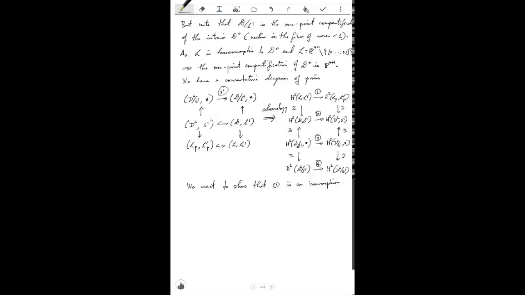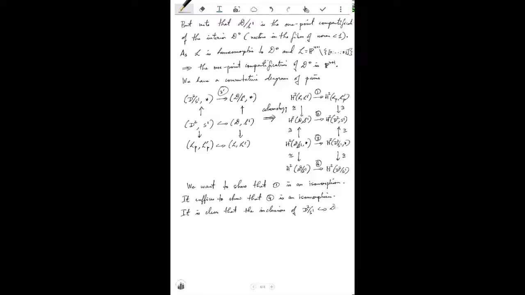So it suffices to show that 4 is an isomorphism. So it is clear that the inclusion of T2 mod S1 into T mod S1, the sphere bundle, is the same as the inclusion of P1C into Pn plus 1,